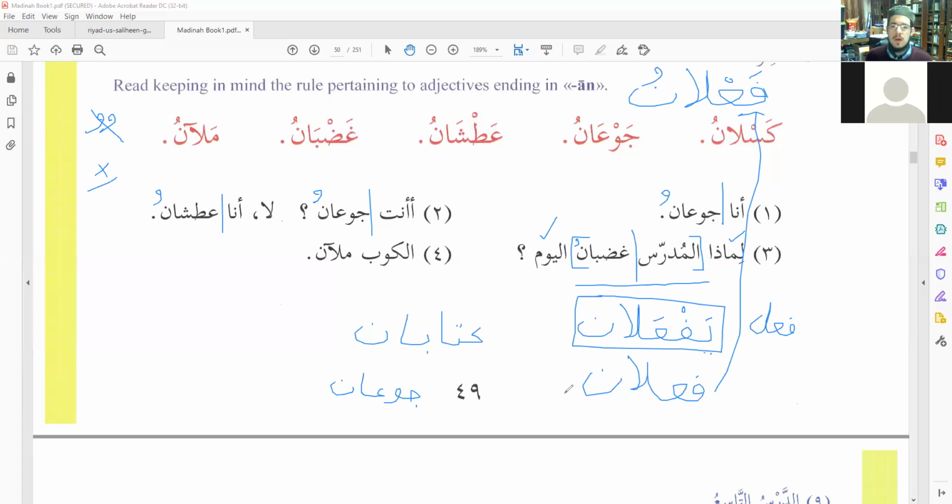Okay, so what distinguishes them all? One of the answers that I came across is that the second letter is sakina, fa'lan. Yes, it is. And here it's not fa'alan. Sorry, I just saw your question. One of the answers is what happens when we go to the feminine, and we haven't learned that yet, but